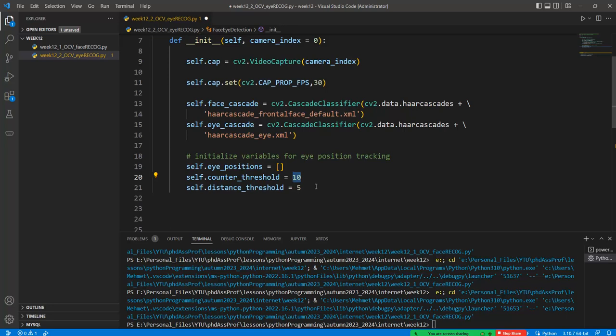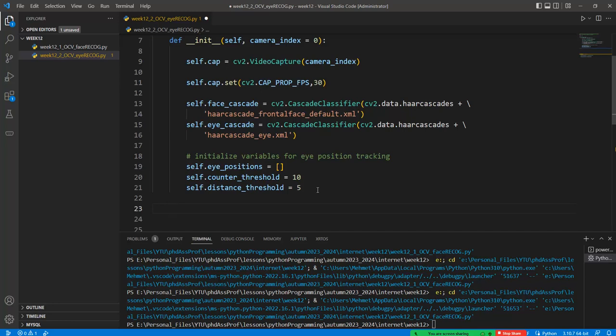If we pass the value 10, which means we have 10 similar eye positions with a distance of 5, then we can assign that this is the true eye position. This is a kind of low-pass filter for stabilizing the detection of the eyes,